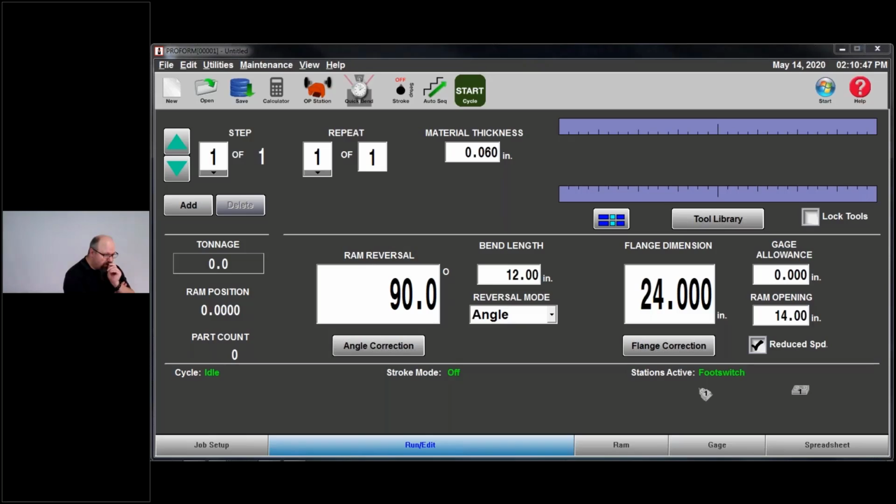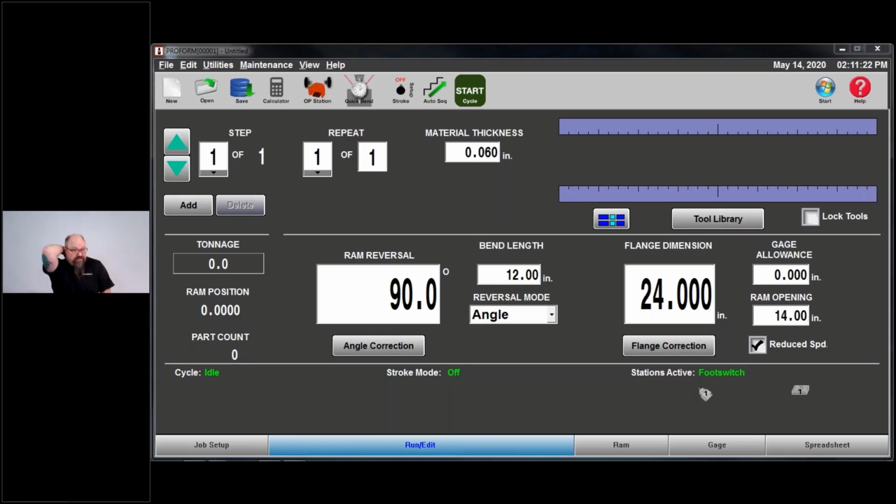Currently, in the bend simulation on the press brake, you can only see the part. So there's a question about when I'm in the offline software. I write a program, and I can see the actual tools, the gauge fingers, the ram, the bed, the filler block, I can see everything. But then I get to the machine, and all I have is the gauge blocks and the part. So at the machine, you do not have the bend simulation feature enabled.